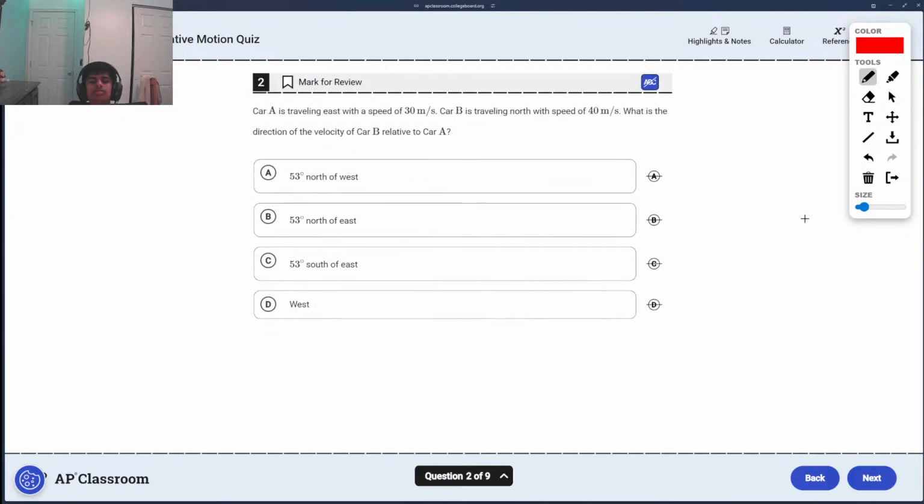Car A is traveling east with a speed of 30. Car B travels north. What's the direction of velocity of car B relative to car A? What the hell is this? Car A is traveling east, and car B is going north. So car A is going 30 meters per second, and car B is going